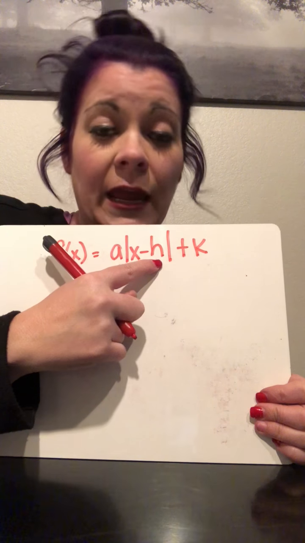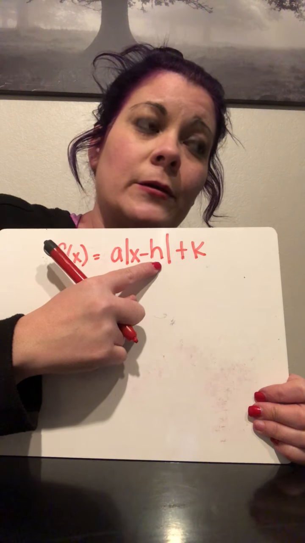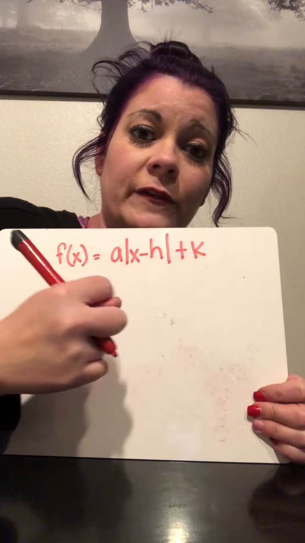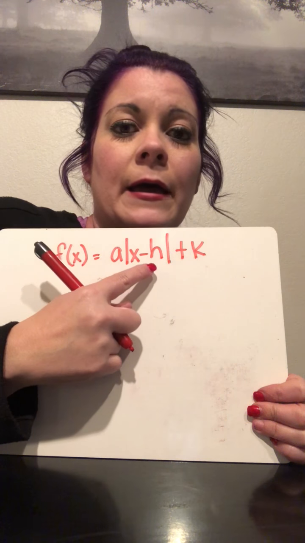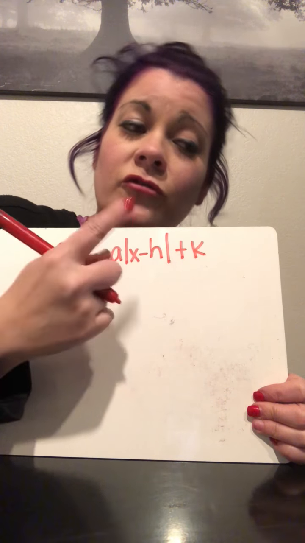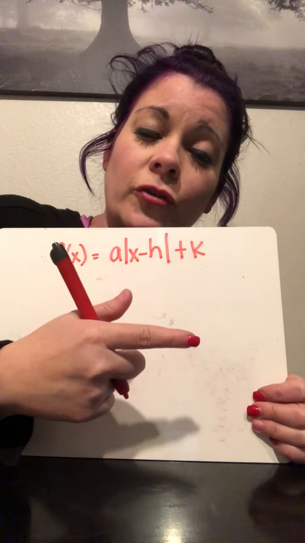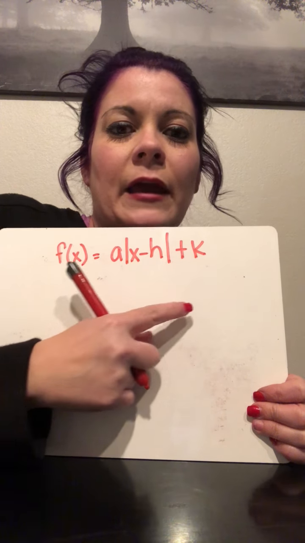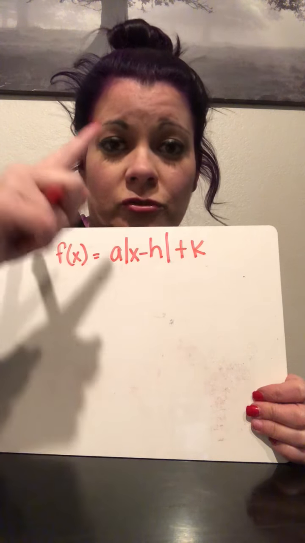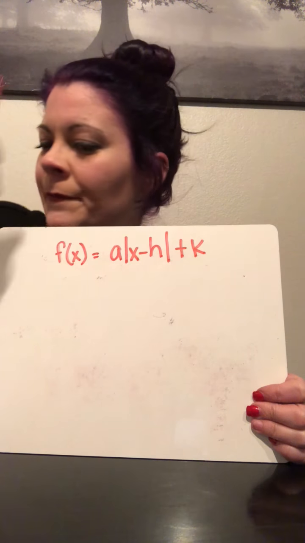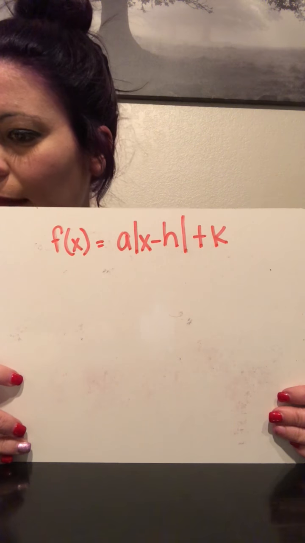And then the H represents horizontal shift, either left or right. If you have -2, that means right. If you have +2, that means left. And then the K represents vertical shift, up or down. Okay, so for example here,